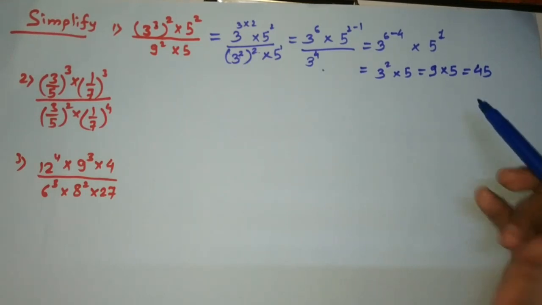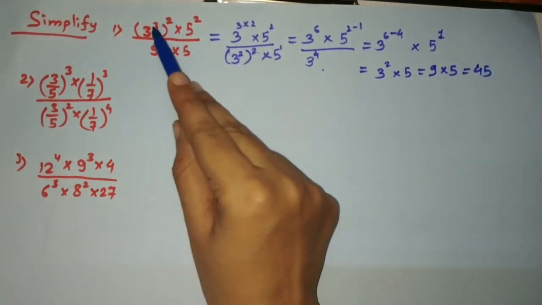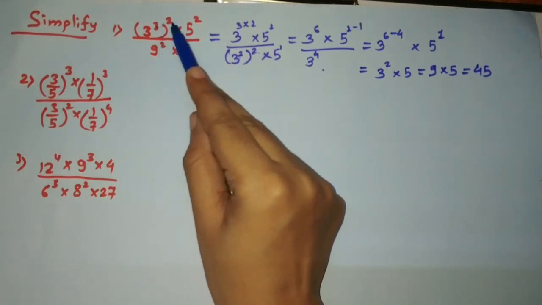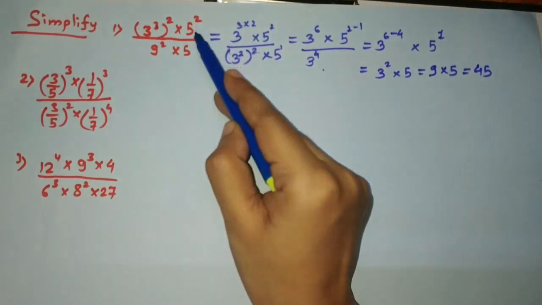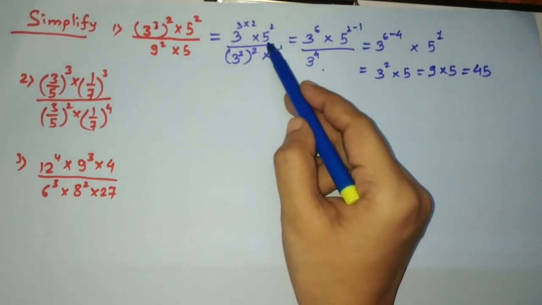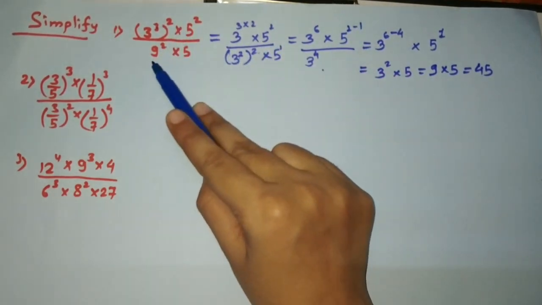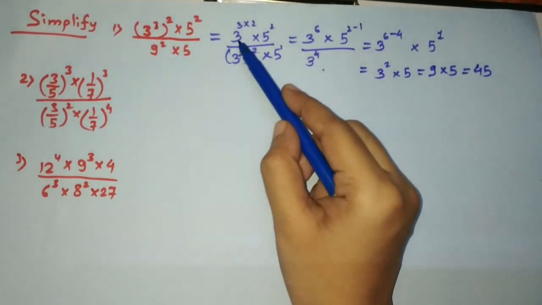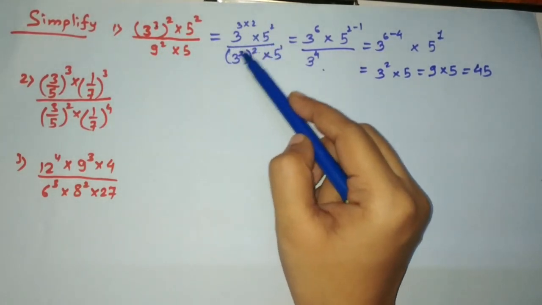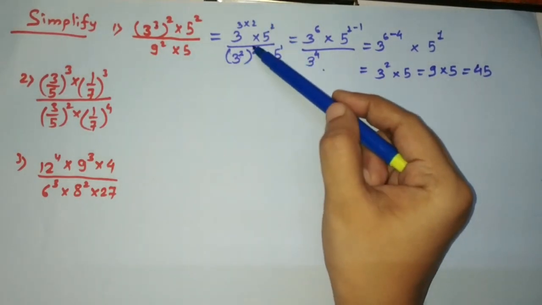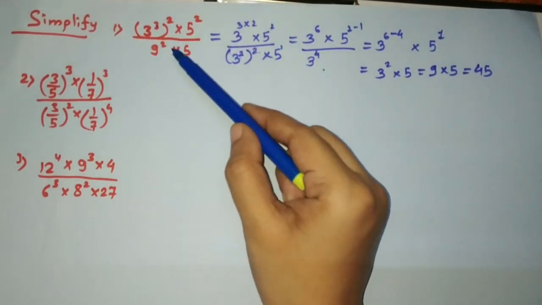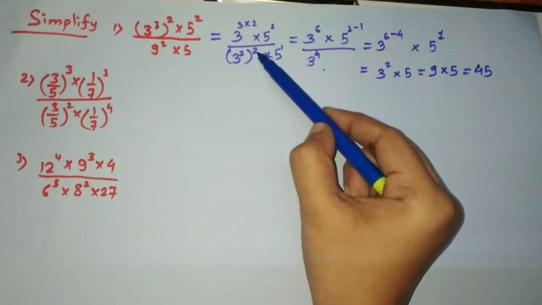How have we reached 45? By using the two laws. What have we done here? Here power of power is there, so we have multiplied the power, that is 3 2s we have written, and 5 square we have written as it is, and here 9 we have converted into the terms of base 3. Why? Because I can simplify them later on. So I wrote 9 as 3 square. I can write it, and the power 2 is already there.